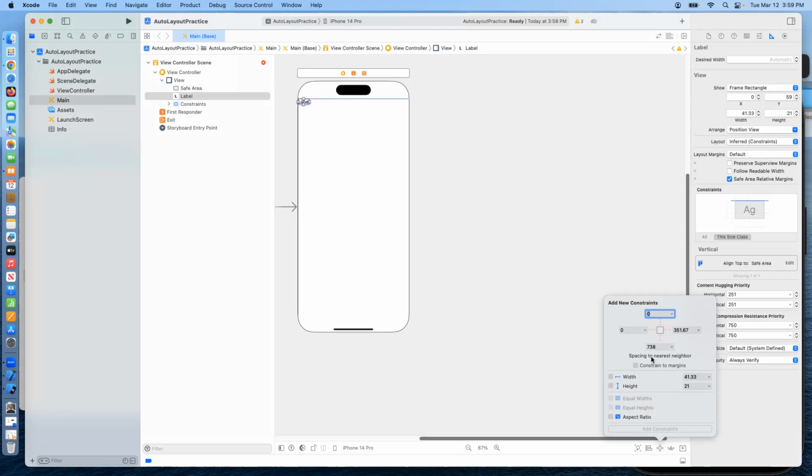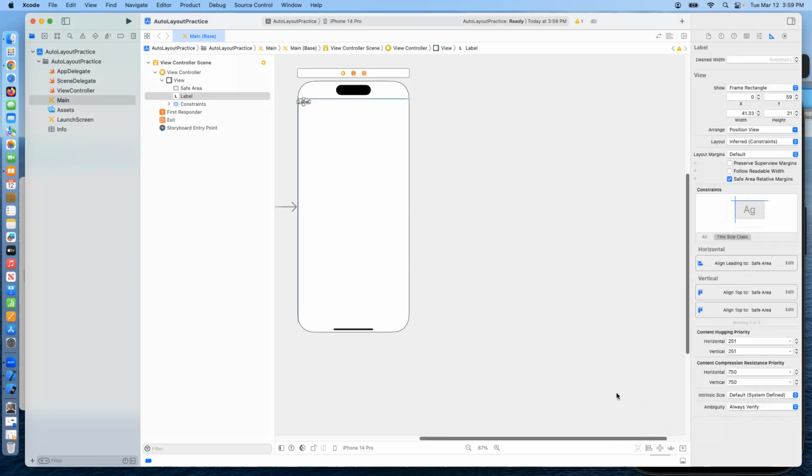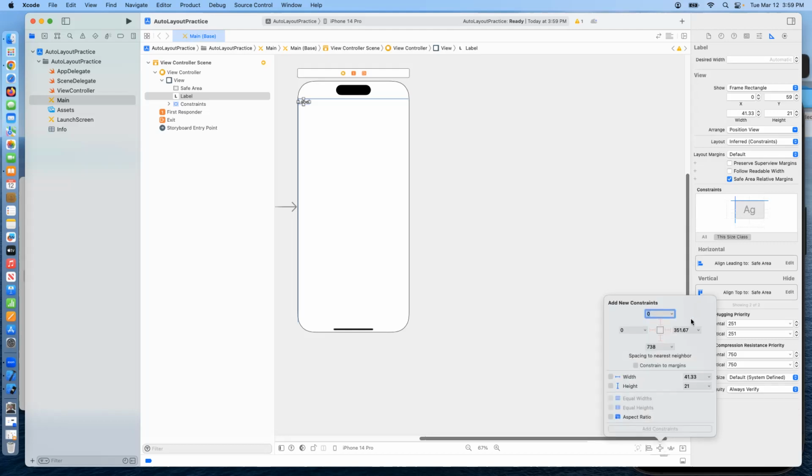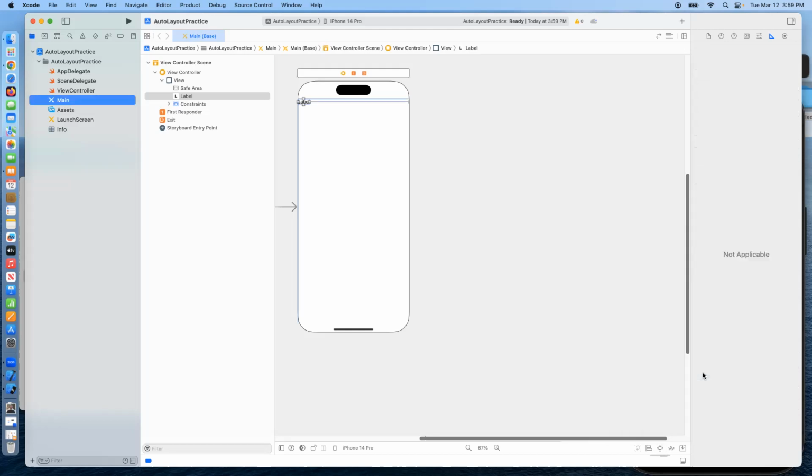I think I'm finally seeing what they're saying. Now we have the top aligned to the safe area, but because that one's already in place, I can add a leading and I can add another top. So watch what happens here. Now I have the top aligned to the safe area, the leading assigned to the safe area, and then we want the trailing. So I added one that's redundant. Now that I know that, I can just get rid of that, and I can go back in here and just add a trailing constraint. So let's see if that